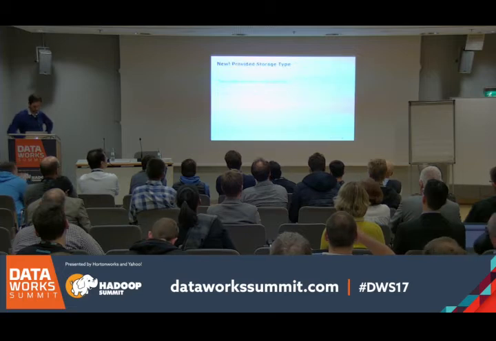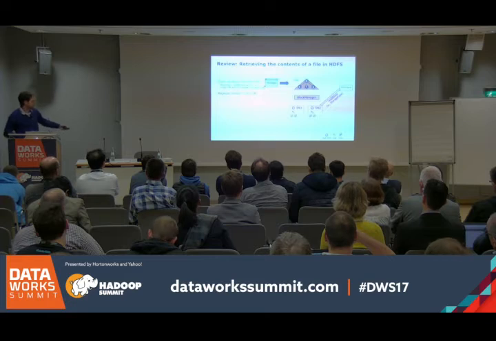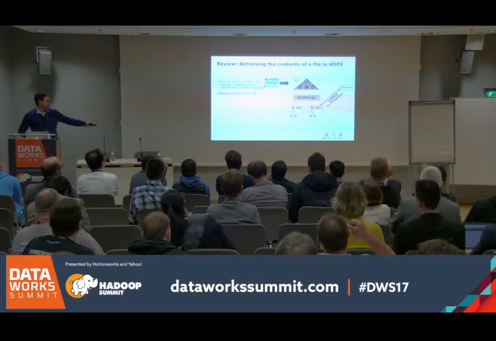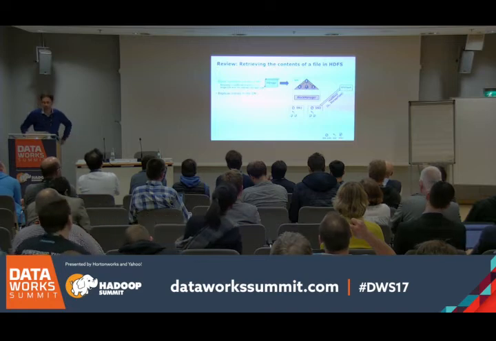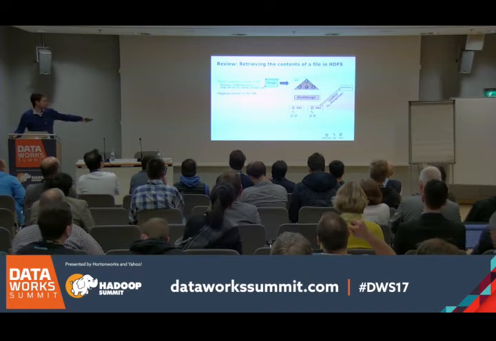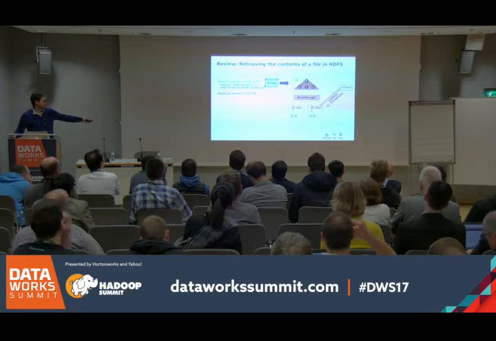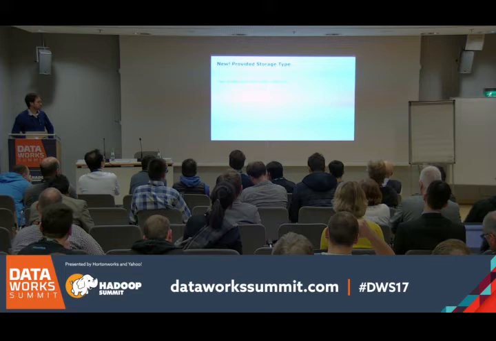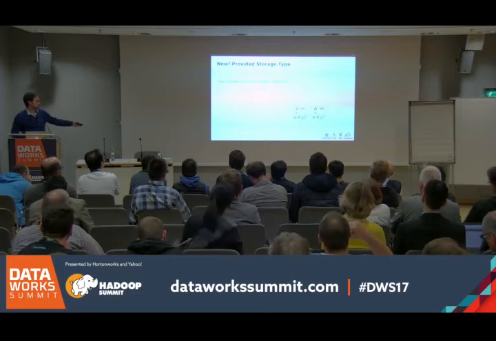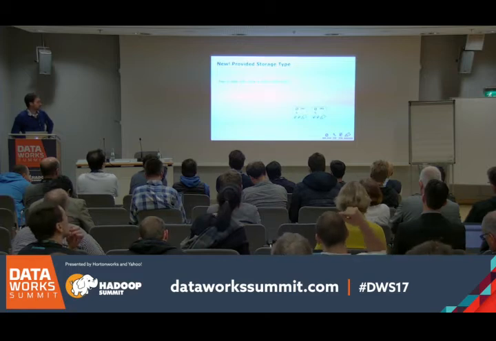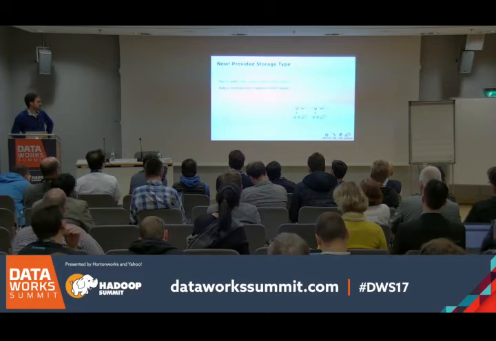So one bit that I need to mention, of course, is down here in the corner, we've got the different storage tiers. So within HDFS, you've got the different storage tiers. So you've got RAM, SSD, and disk. And so, for instance, in a data node, you might have your RAM here, your SSDs, and your disk. And what we intend to do is introduce a new storage type, which is going to be provided here, the purple prism. And this is going to be just like the RAM, SSD, and disk, but it's going to map